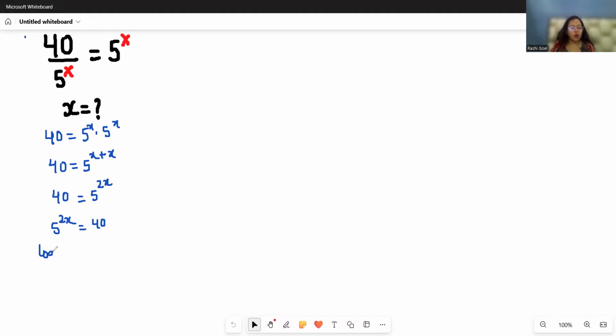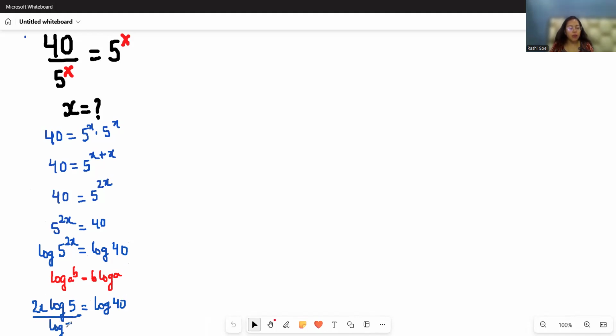Now if I take log on both sides, so log 5 power 2x equal log 40. And as per the log rule, log a power b, we can write it as b log a. So it becomes 2x log 5 equal log 40. Now if I divide both sides by log 5,